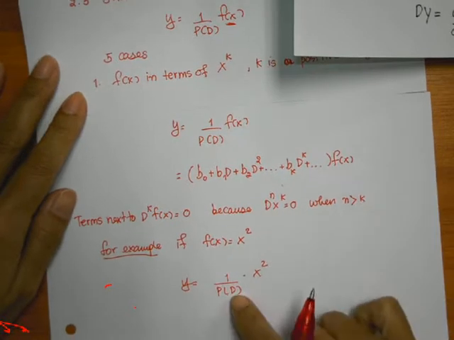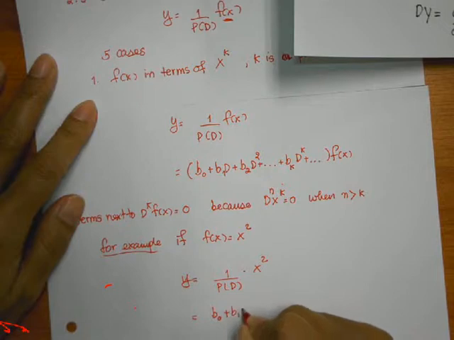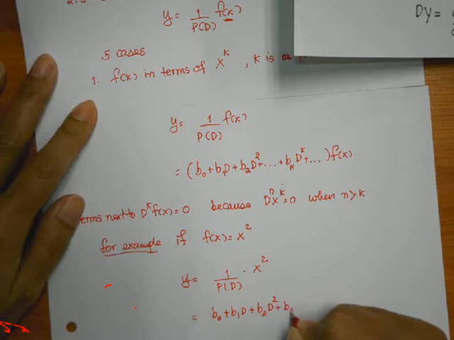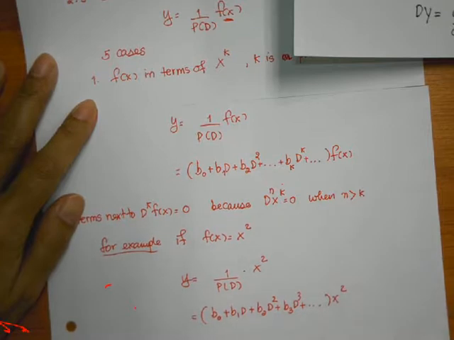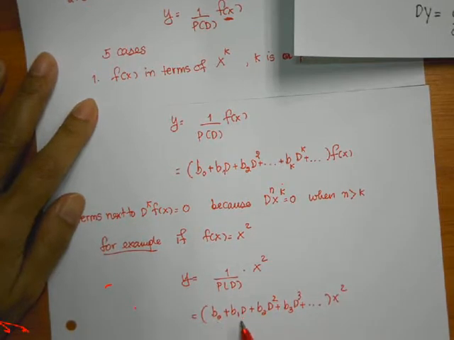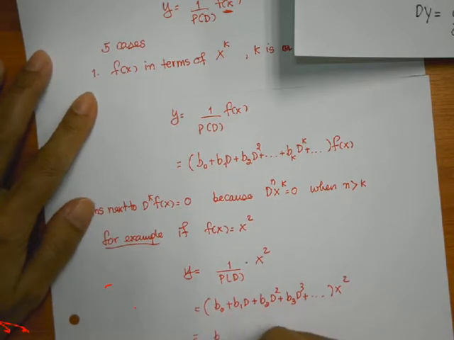And then that 1 over P(D), you have got to write it in terms of b0, b1, b2, b3, and so on, where they are constants. So the way that we solve for this one, you just distribute the term x squared into the terms inside the parentheses. You would get